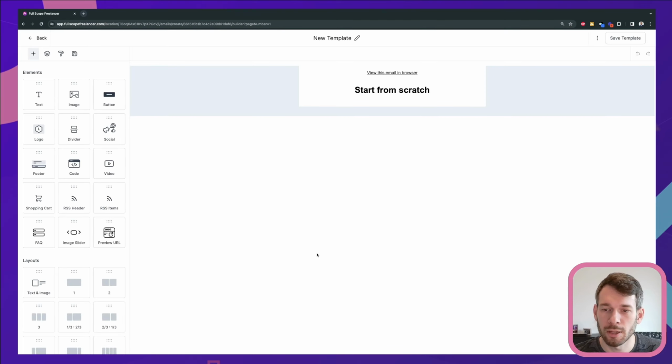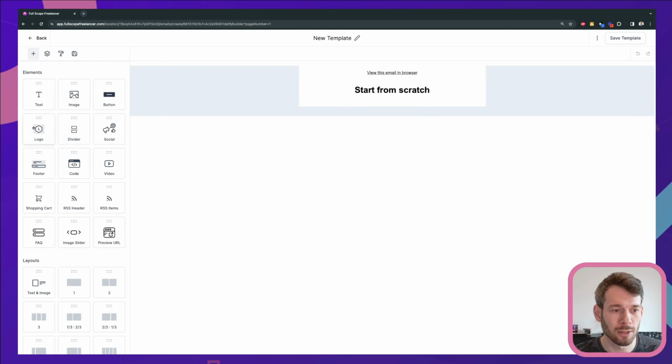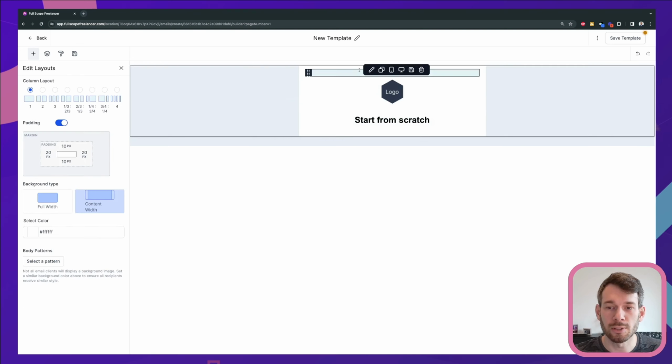And then all I have to do is drag and drop a couple things into my builder here. So let's maybe get a logo. I'll put a logo right at the top here. And as you can see, this is actually an update recently. We now have this view email in browser at the top, just in case people are using an email provider that for one reason or another doesn't want to display your email template